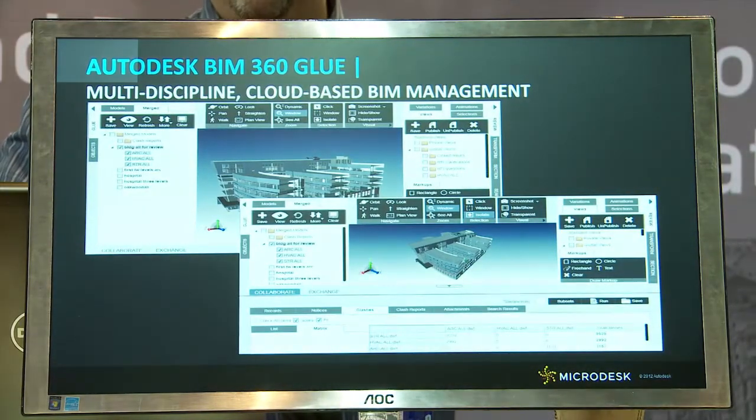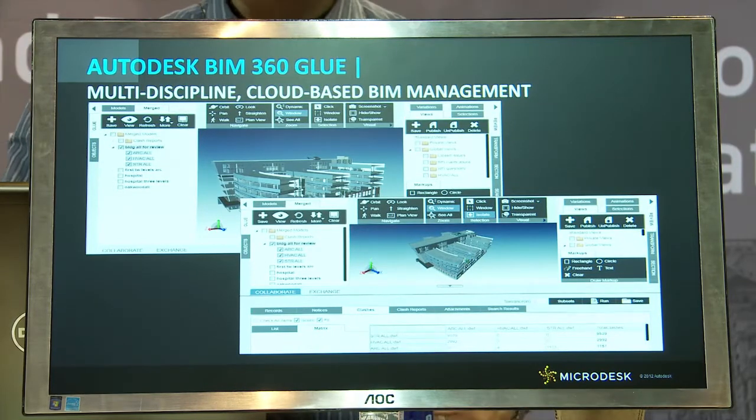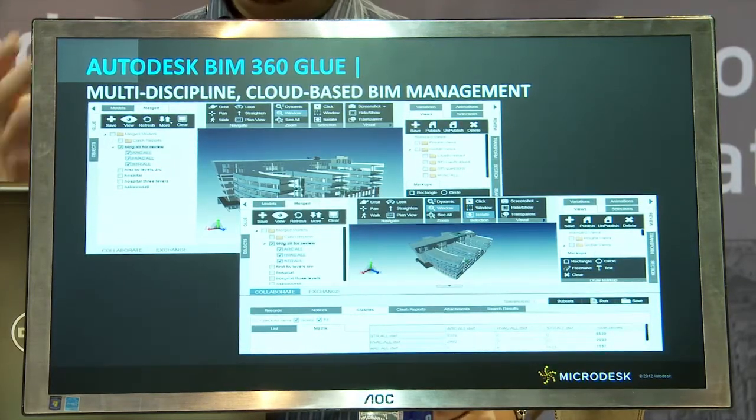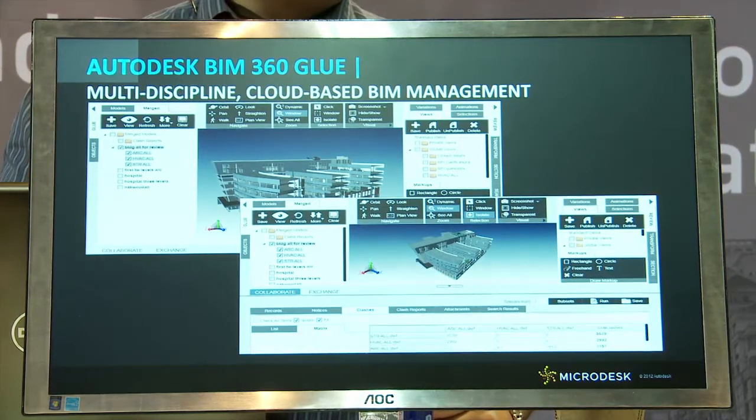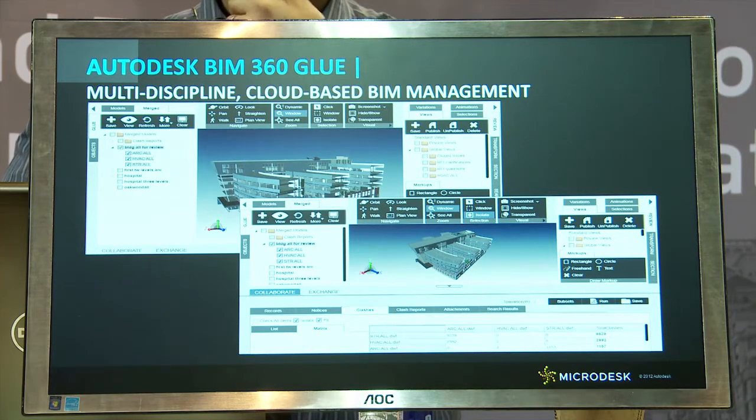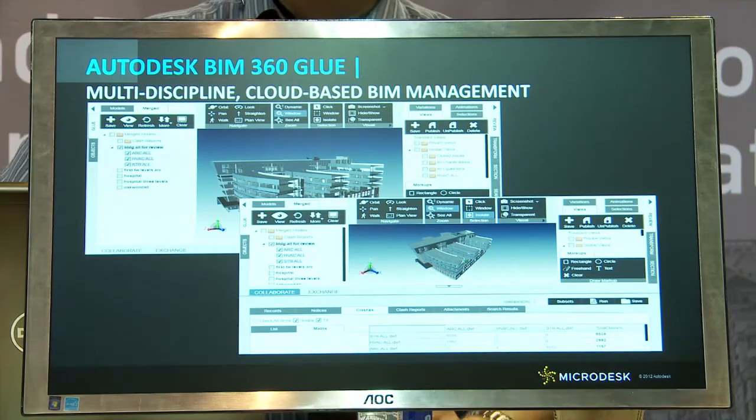So pretty much, which is something very popular, if what is important to you is coordination, clash detection, making sure that you address those issues that are found throughout the design and construction process, you can definitely do that on this particular software as a service. But I think the greatest thing is how it simplifies the geometry. If you compare how Navisworks does it versus Glue,